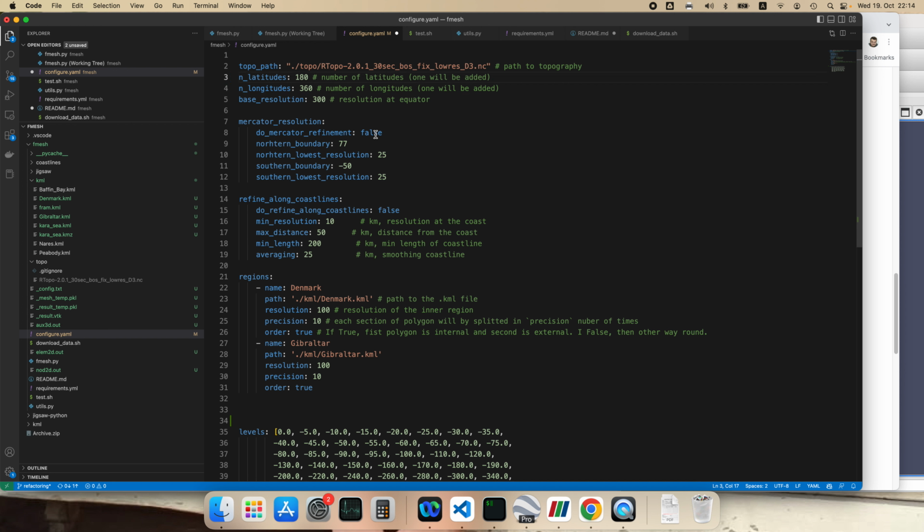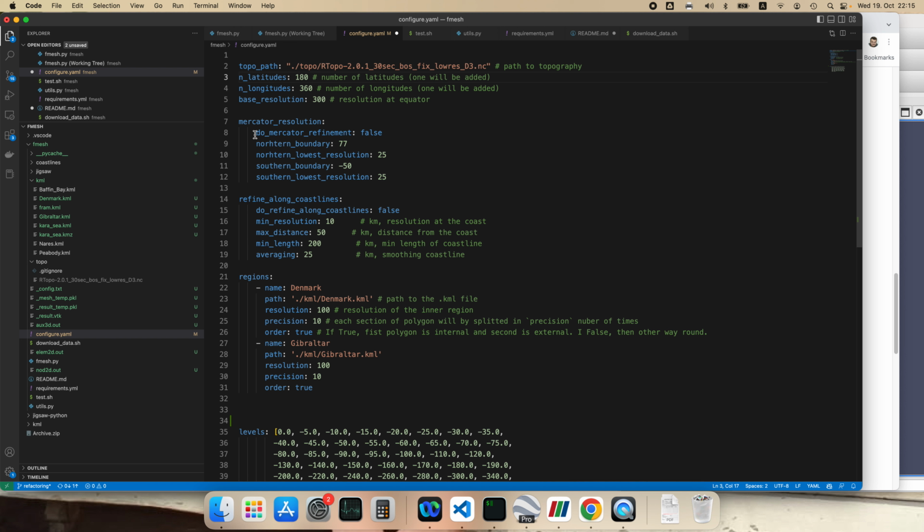So in this case I put very low resolution, just 1 degree, and the base resolution is the resolution that your base mesh will have. In this case it is 300. So initially the mesh resolution preparation routines will cover your whole globe with 300 kilometer resolution, and then you have several options to refine it. So this 300 kilometer, and again I put 300 in order to make things faster, can be further modified for the base resolution